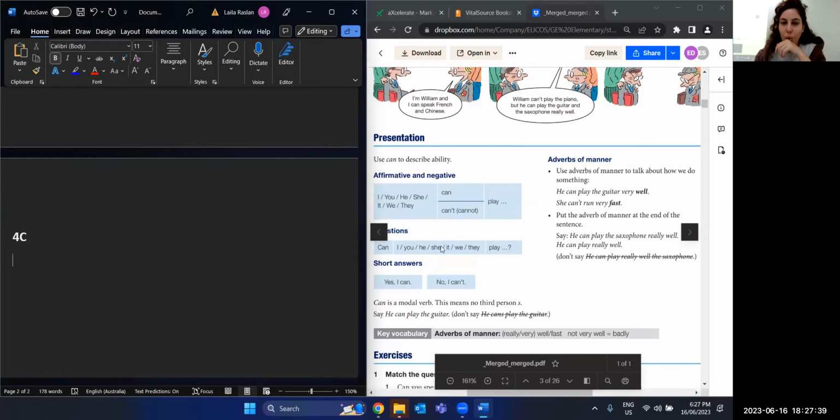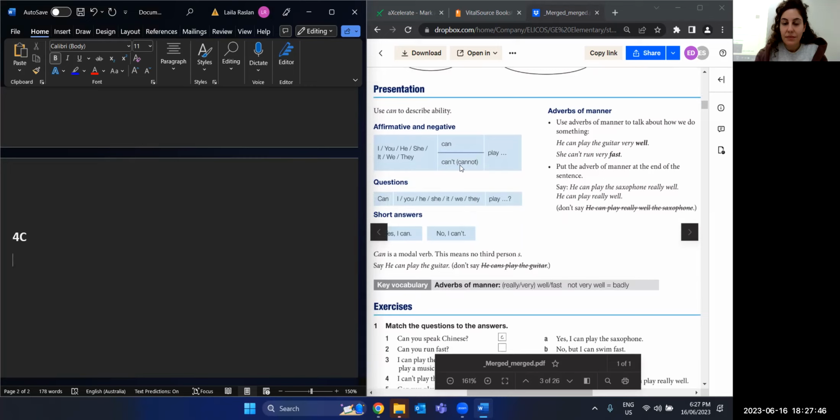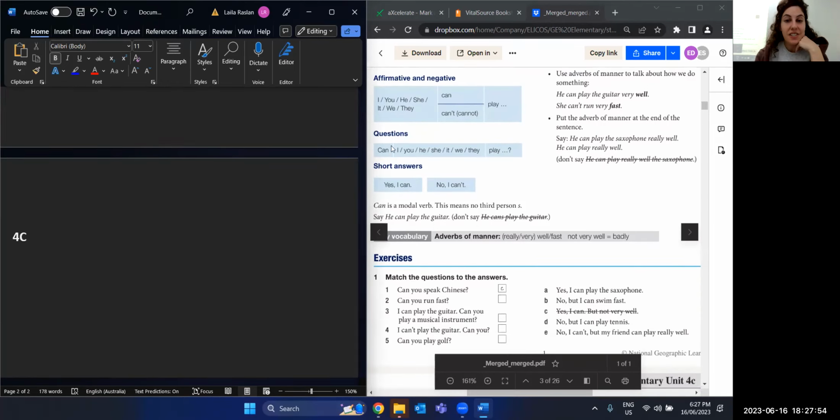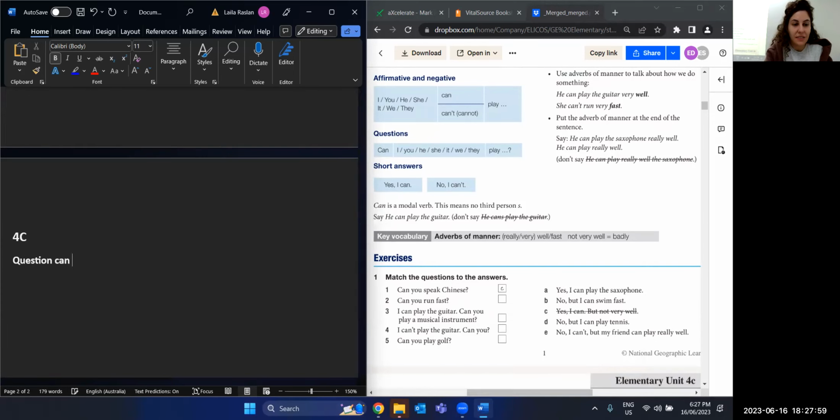So we see we can make sentences. I can do an activity, or negative, I cannot. It does not change for he, she, or it. She cannot, he cannot, we cannot, they cannot, I cannot. The question starts with the verb. So to make a question, can,